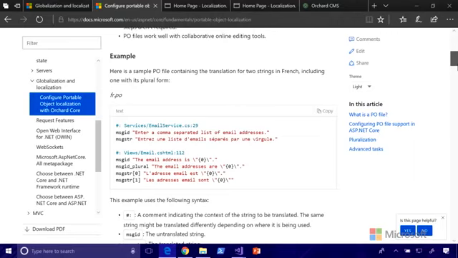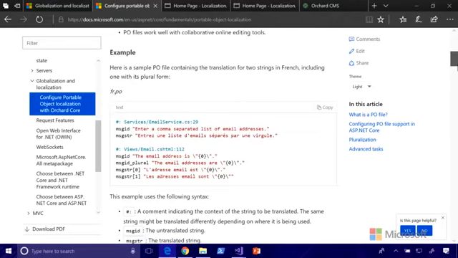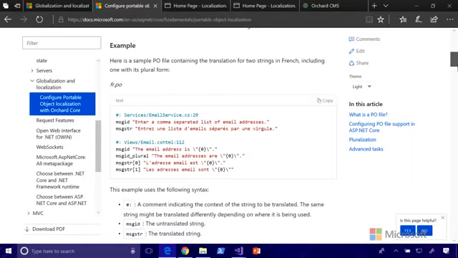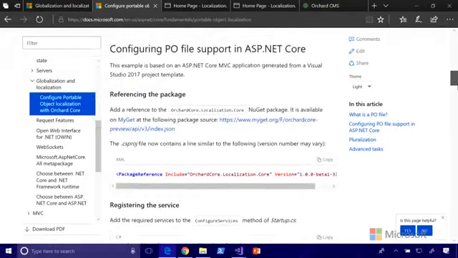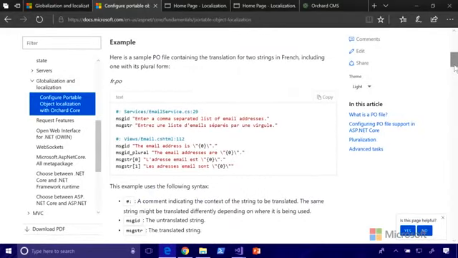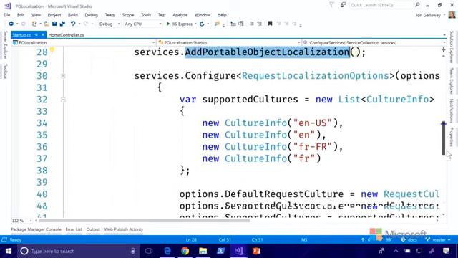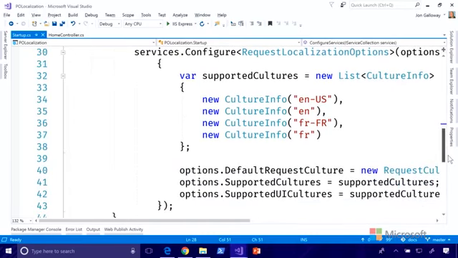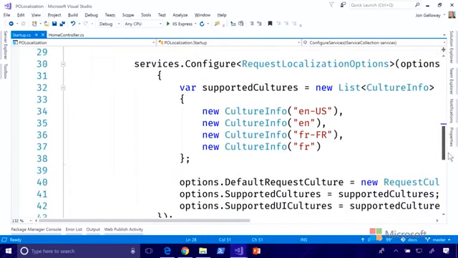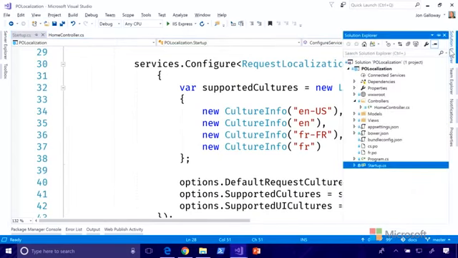It can be a lot simpler and lighter weight to use a PO file as opposed to a resx file, which has a lot of XML to it, right? So that's kind of the standard for how it looks. And then here you'll see inside the application, we are doing services.AddPortableObjectLocalization. So that lights that up. Otherwise, we just configure those default and supported cultures, just like we did before, right? So that's that. And then the final thing I want to show you here is